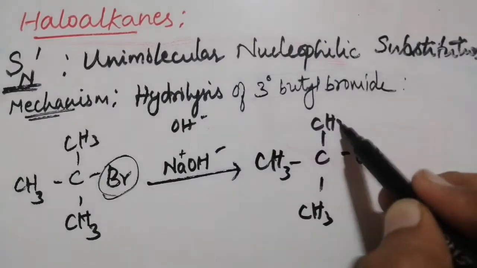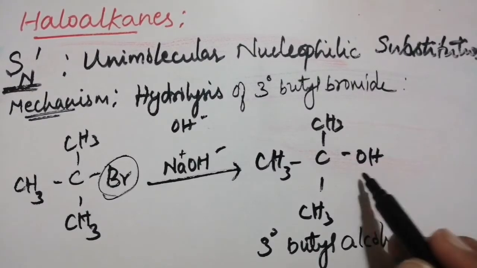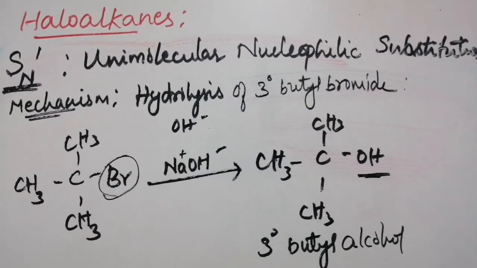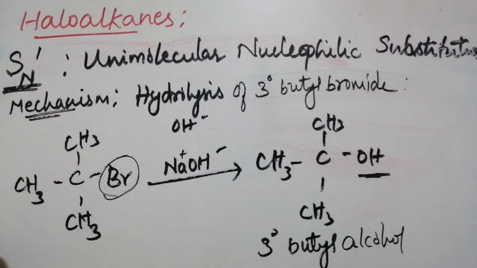So this is my tertiary butyl alcohol, OH, right? This is the whole reaction. Full reaction, it is there. How does it happen? What is its mechanism? It is a